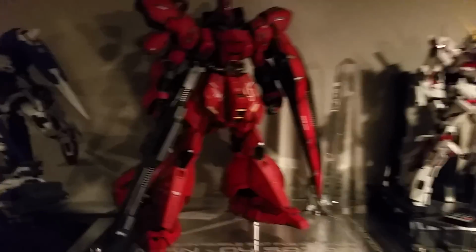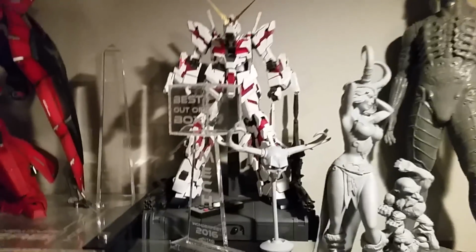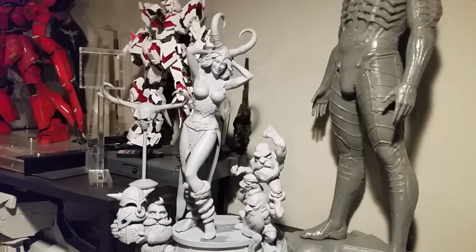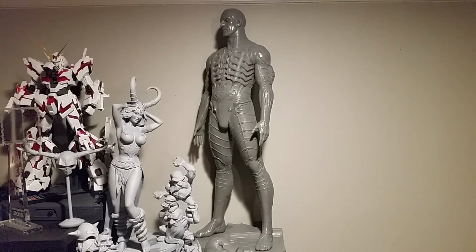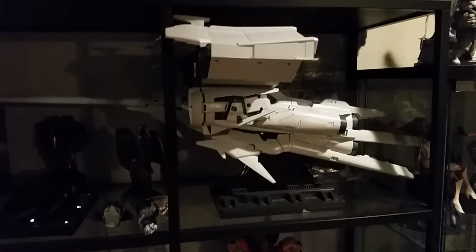There is the infamous 1/60th Sazabi with one of his trophies. Actually, both these trophies. Nope, that one doesn't go to him, it goes to someone else. My perfect grade Unicorn. There is Freya. She's ready for paint. She's been ready for paint for a long time. Quarter scale Engineer from Prometheus. And over here I got a Dendrobium that I'll never build, so if anyone local wants to buy that,